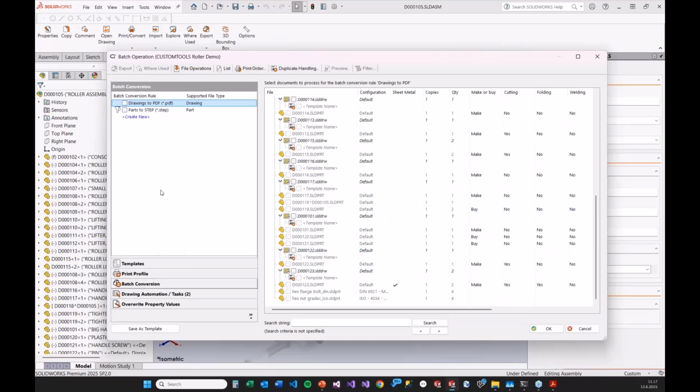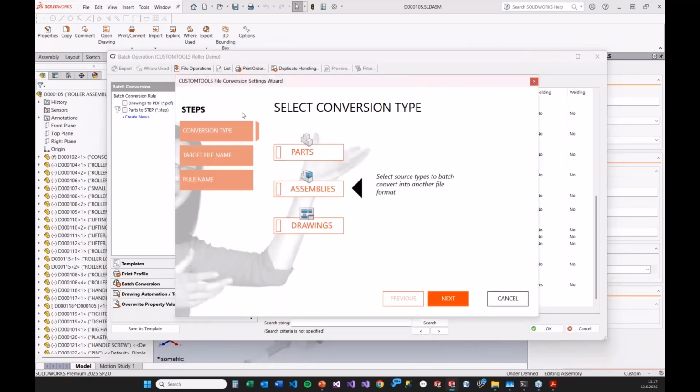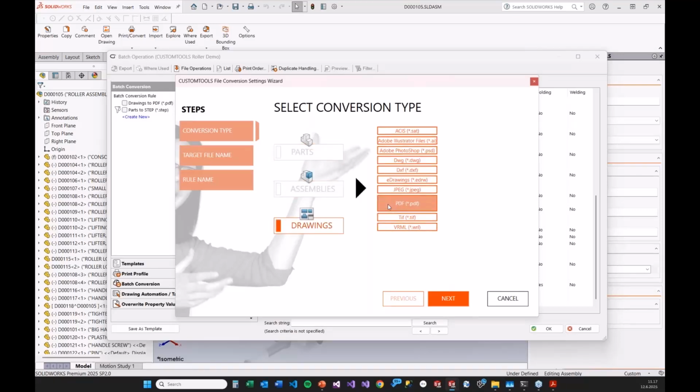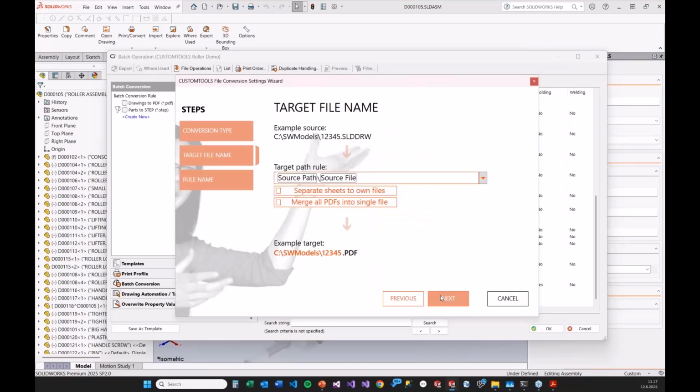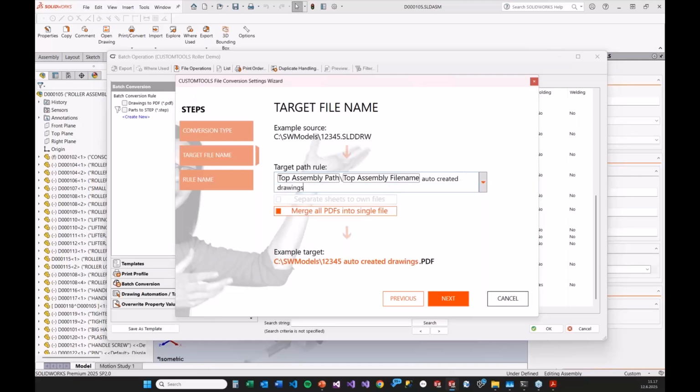So we go to batch conversion rule and we launch the wizard again, and we want to convert drawings to PDF format, and we want to merge them all into a single PDF file, and we can name it, for instance, auto created drawings. So here is an example of how the created drawing will look,